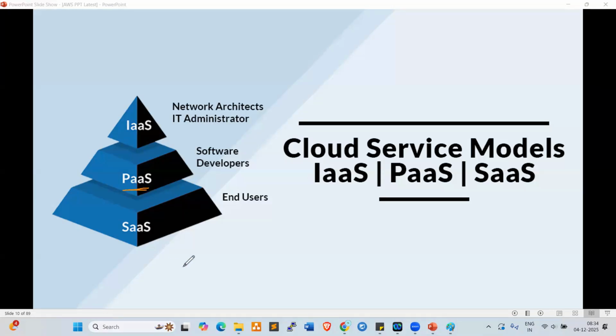What is PaaS, anyone? It is a platform which is already available in our cloud platform, right? So with infrastructure as a service, we create a server and we need to deploy the application on it. But with PaaS, platform as a service, the platform is already available in the cloud, right? Next one, SaaS, software as a service. This is mainly for reusability, like Google Drive, OneDrive, Amazon shopping site.